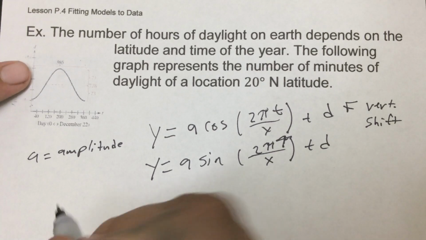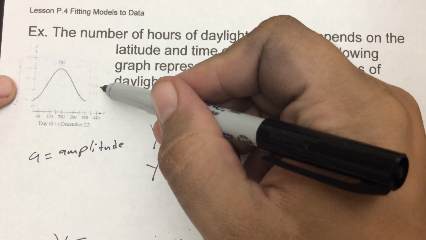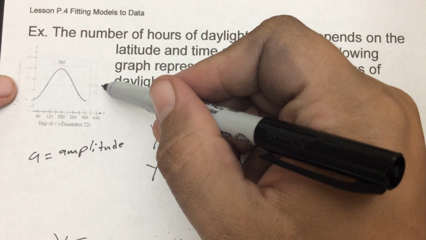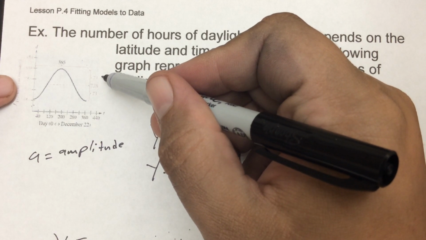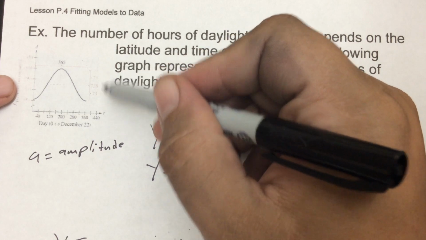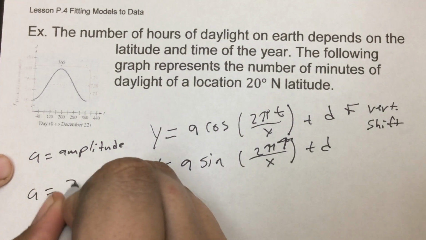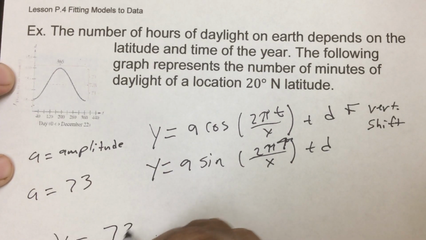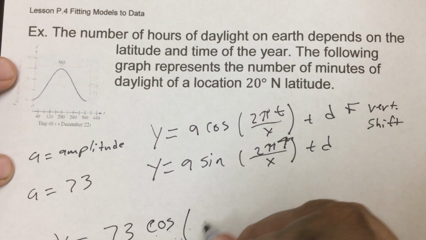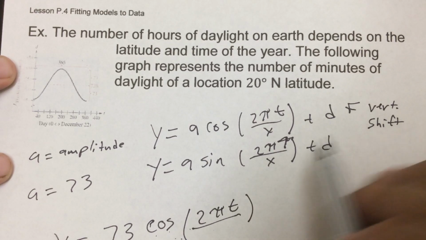Now, if you look here, you can kind of see 728. Of course, you really can't see on the screen here, but if you look at your notes, this 728 is the middle. Now, up it says 73, down it says negative 73. So that's a change of 73 here. So that's your amplitude. A is going to be 73. So we're going to do 73 cosine, since we start away, of 2 pi t over, now, x